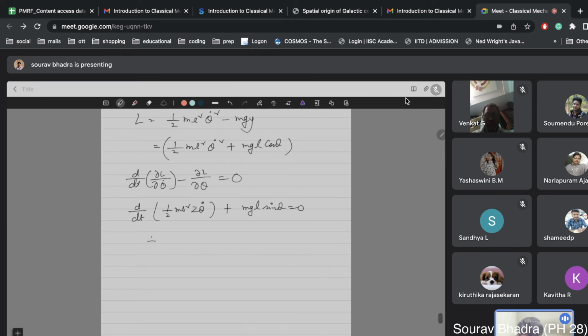So the equation will be m L d/dt of m L square theta dot plus mg L sin theta